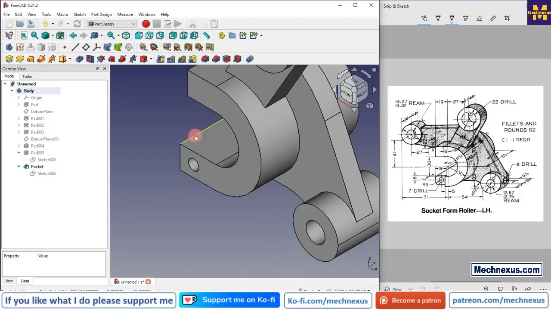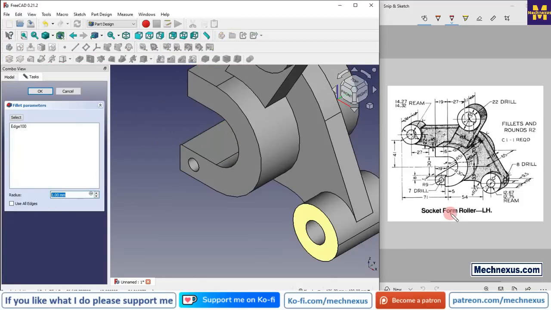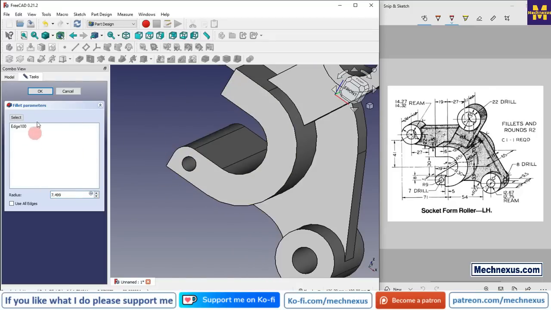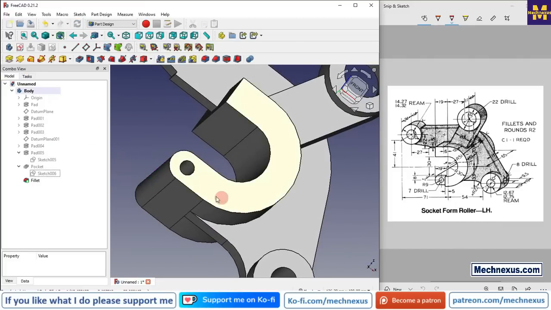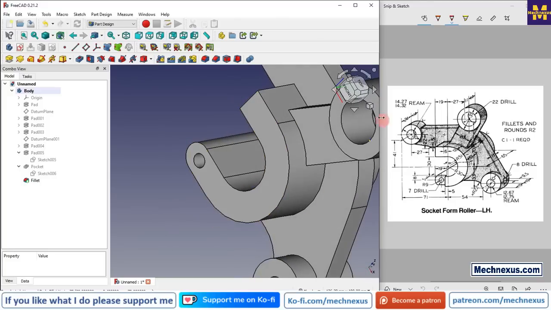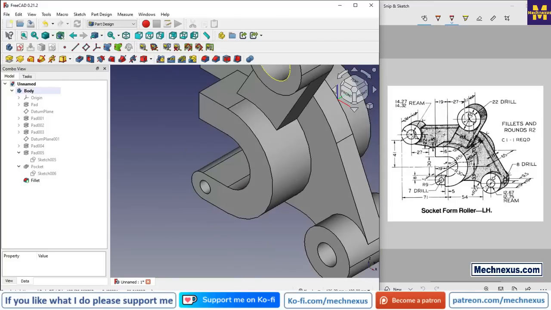So for this we will select this edge, click on the fillet, and here I will give the value 7.499, and again I will select it and click on OK. So here we have given the fillet,